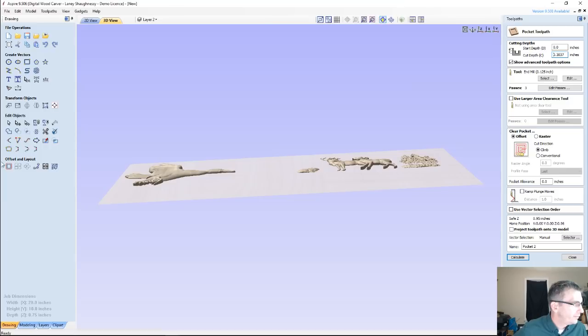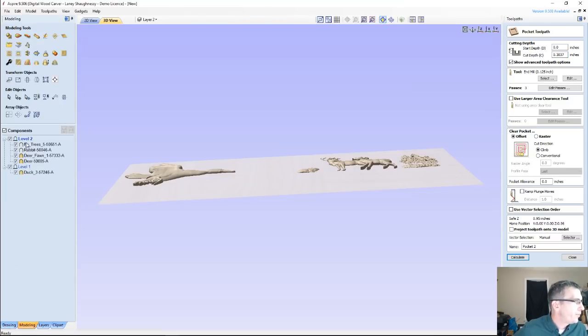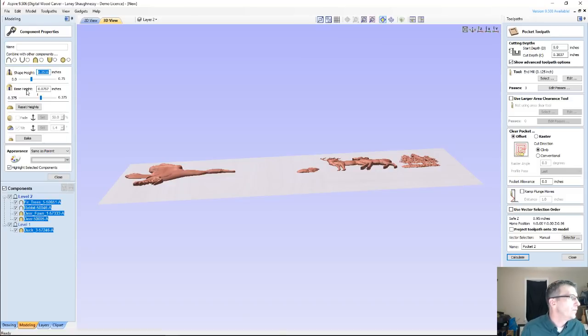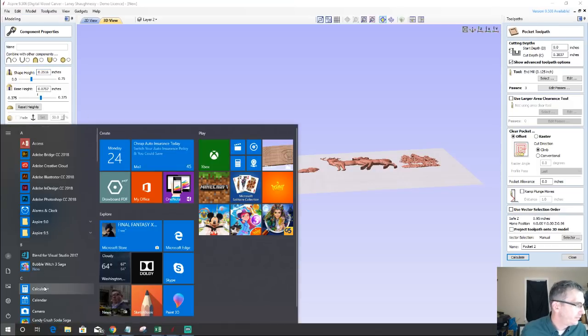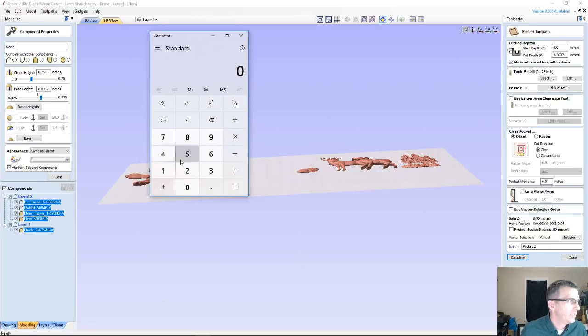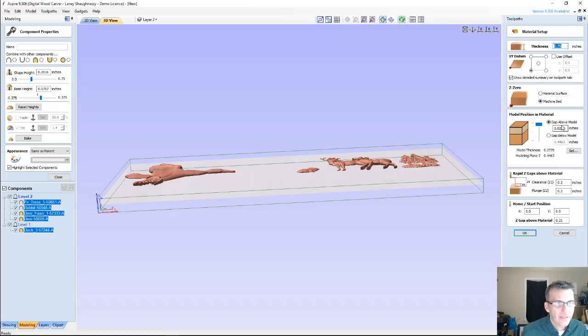If we went into our properties, let's select all of our models here, and we go into our properties. If we take our base height and our shape height and add those together, pull a calculator into this mix, 0.2516 plus 0.0757, that's going to give me 0.3273. That's my total thickness, right? 0.3273. On my material setup, I've got a gap above my model of 0.0259, which gets subtracted